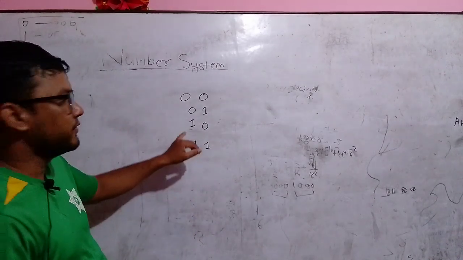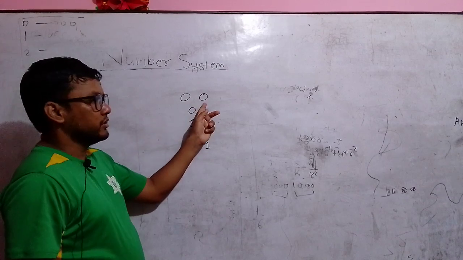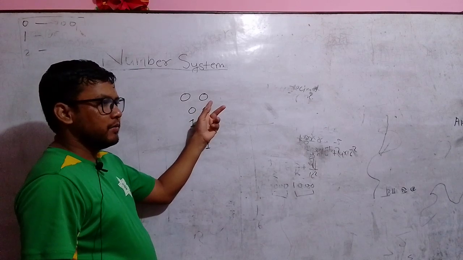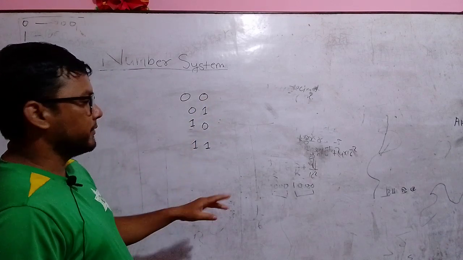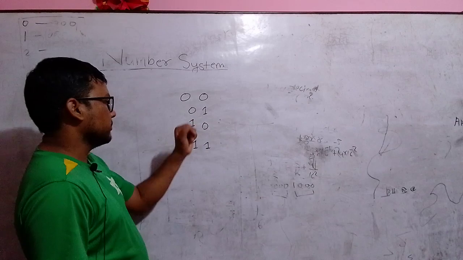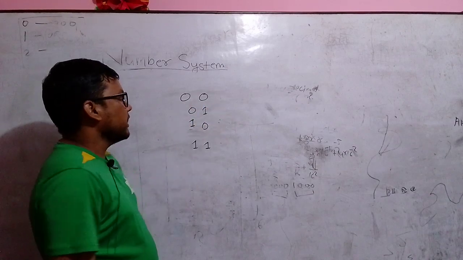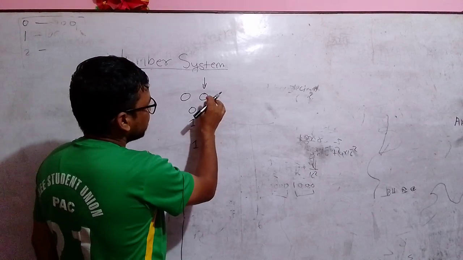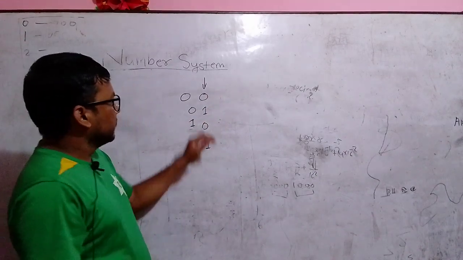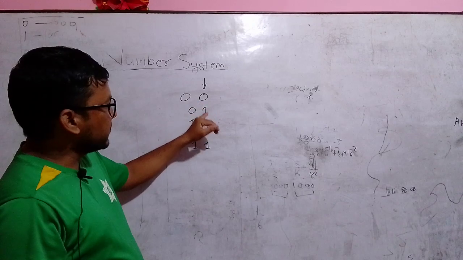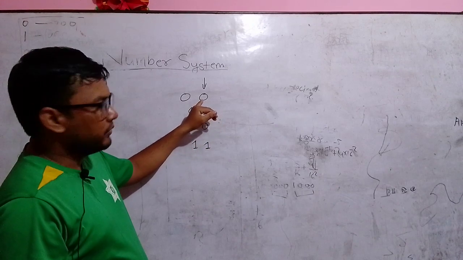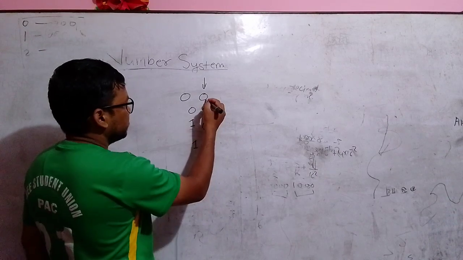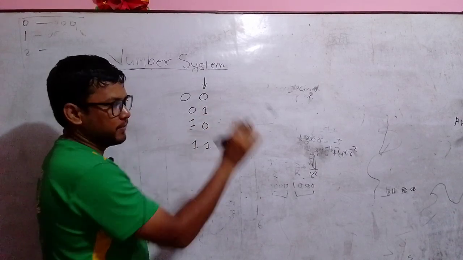Now let's repeat this logic. 0, 0, we are taking a binary number made from 2 digits, and we are performing the counting. Every counting begins from 0, 0, and we need to see the right hand side digit, and we need to change the digit at the right hand side in each step. For example, 0 to 1, 1 to 0, 0 to 1.